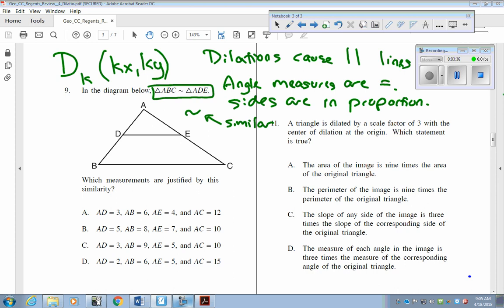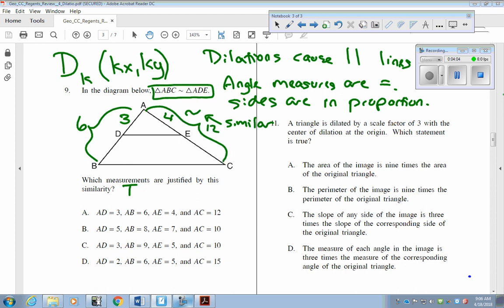And it says which measurements are justified by the similarity. So pretty much what you want to do is go through and mark each of them and see which one is going to end up being true in this case. So I'm going to go through and label based on A. So I got AD is 3, AB, the whole thing, is 6, AE is 4, and then AC